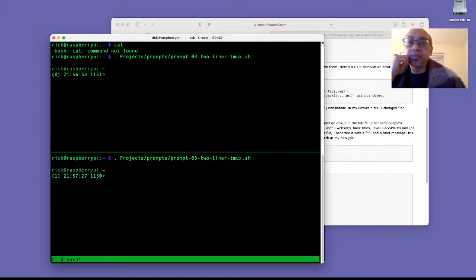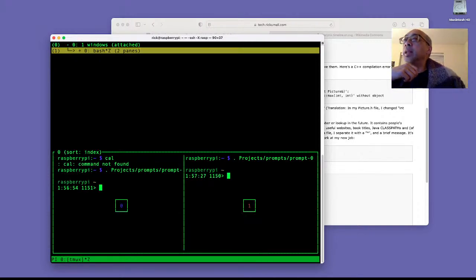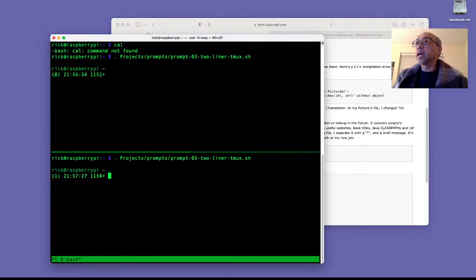And tmux, because of its numbering system, because of its windowing system, the numbers don't quite line up to the actual window number. Now, I believe that you could script this because tmux has tmux list windows.